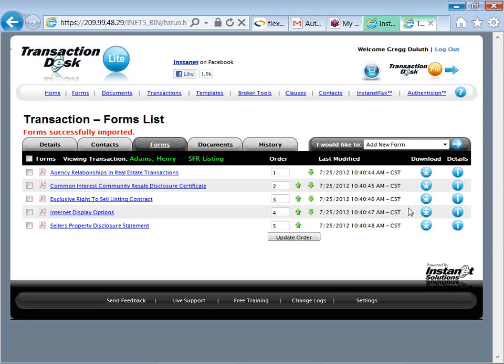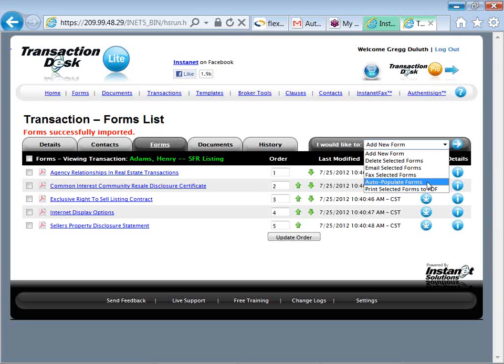But more importantly than that, now that we've added forms, we have a whole bunch of choices of what we can do with these forms. I'm going to pause here and give everyone time to take a look at the Forms tab of our transaction file. I would like to menu auto-populate forms. This is the essential step within the Lite view to get your transaction details to populate your forms and